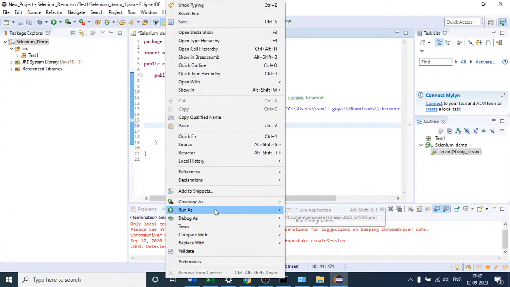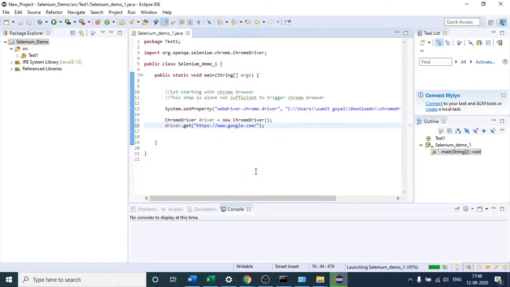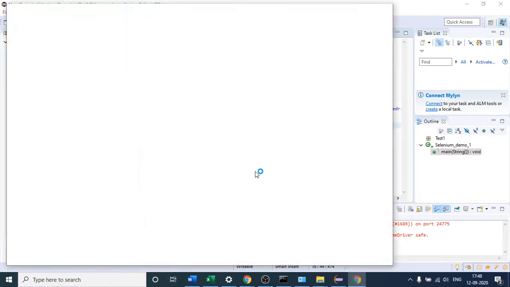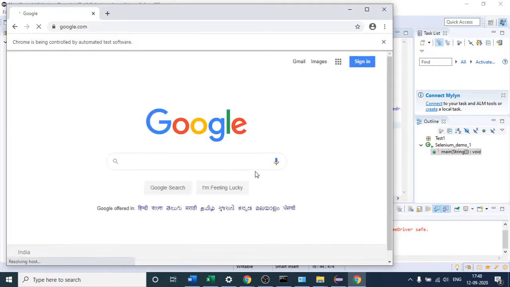Let us check whether it is opening correctly or not. So let me click OK. So you can see here that it has opened google.com. Let me write it here also.